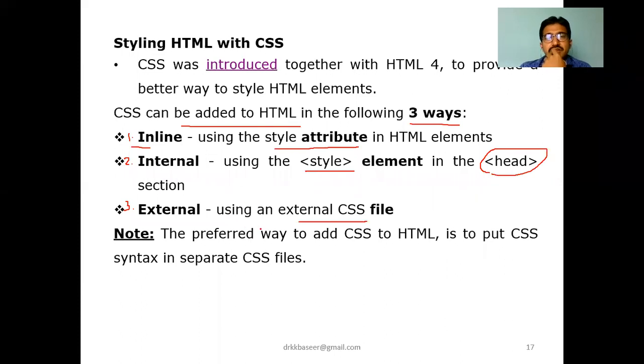So that is about the external. External in the sense, directly we are going to be adding our CSS file into our HTML by using the link tag.